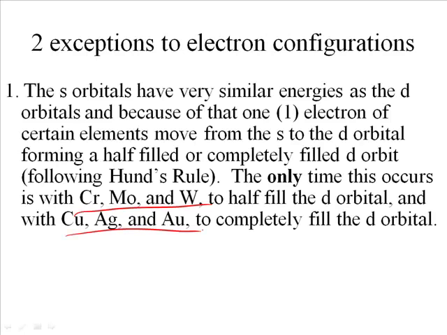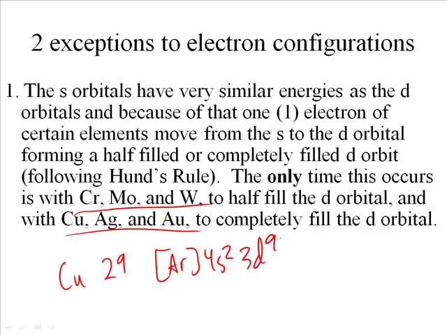let's look at copper. Copper's number 29, Cu, and it should be argon 4s2 3d9. What actually happens, though, is because that 9 needs one more electron to be filled, one of these electrons gets promoted and it becomes 4s1 3d10. Notice it only happens in that column, copper, silver, and gold, that have the 3d9,